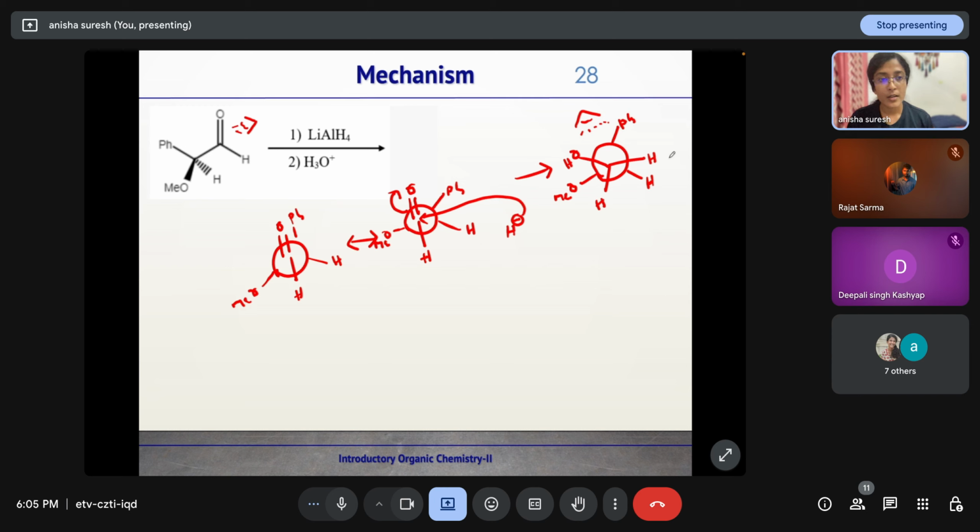Okay, so if we are looking at this direction, the methoxy is coming on our right hand side,